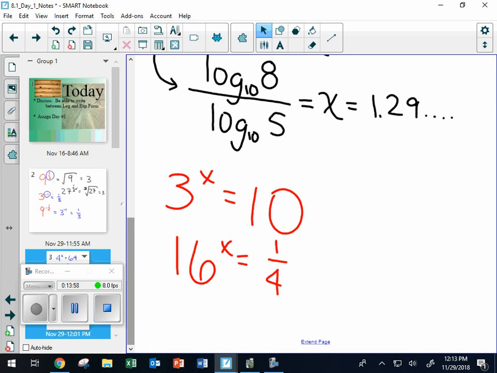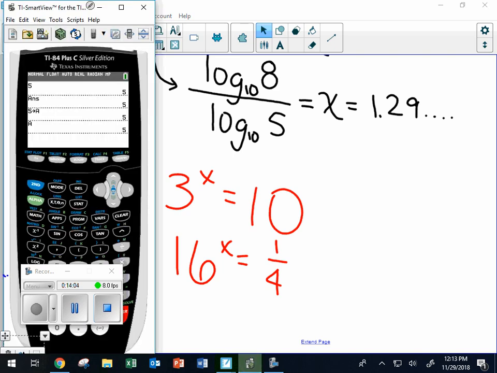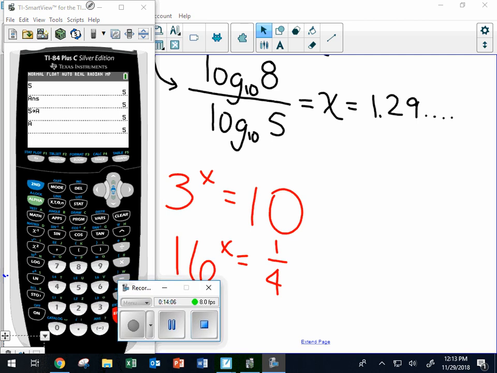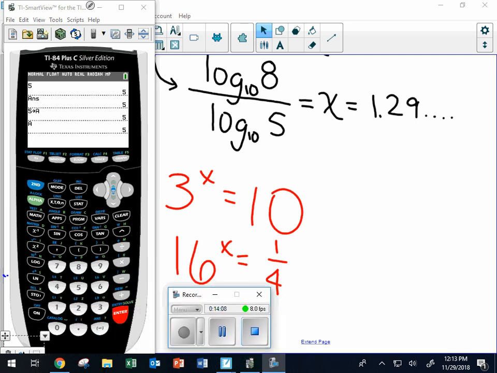On some of the calculators, there is indeed a way to change the base. Would you like to see it? Okay. If you have a newer calculator, I don't know how new it has to be. If you have one of these TI-83 pluses, I don't think it works on this. I think it works on the TI-84s, maybe, possibly. So you can try it and see if you can do this